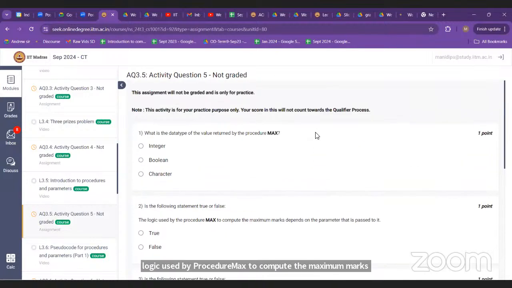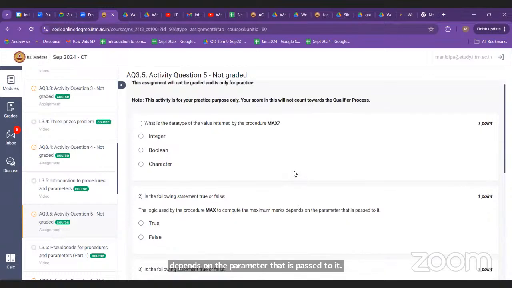What is this procedure? I don't know what the procedure is. What is procedure max doing? Ma'am, max is explained in the video, I think. Can anyone tell me shortly what max is doing? Ma'am, max is returning an integer value. No, I don't want to know what it is returning. Just tell me what the procedure max does. What is its function? Ma'am, max only returns the integer value. Okay, just give me some time. I will go through this lecture once and see what this max is about. But as far as you're concerned,